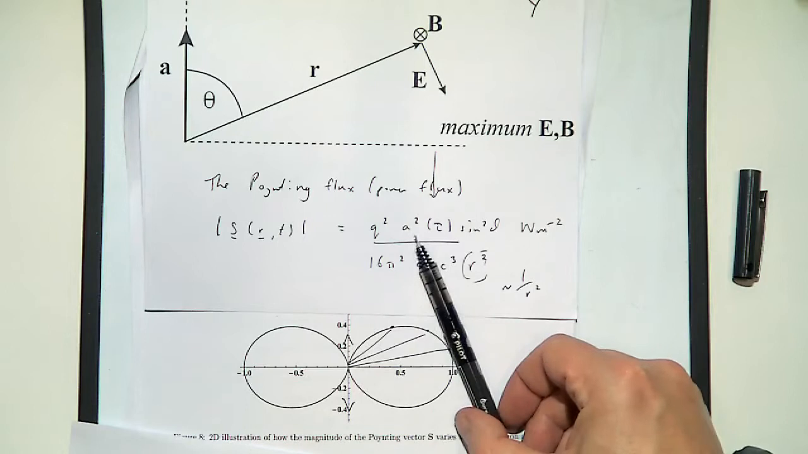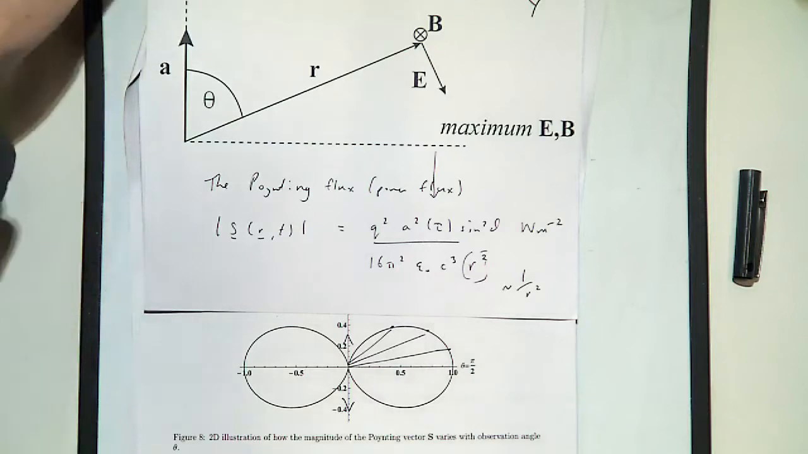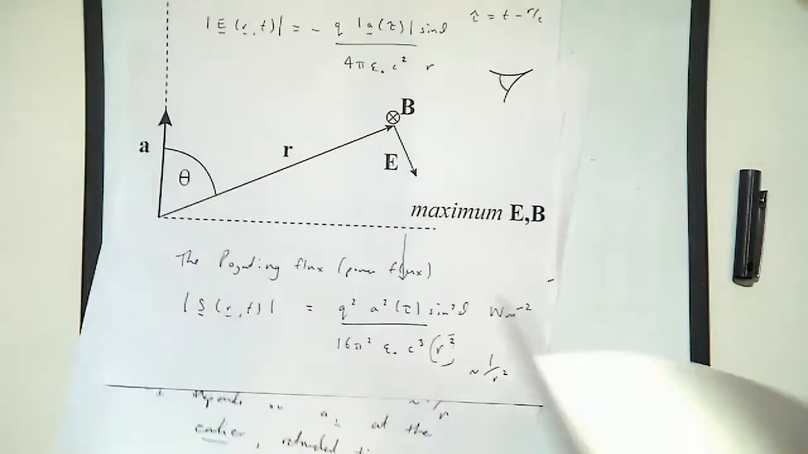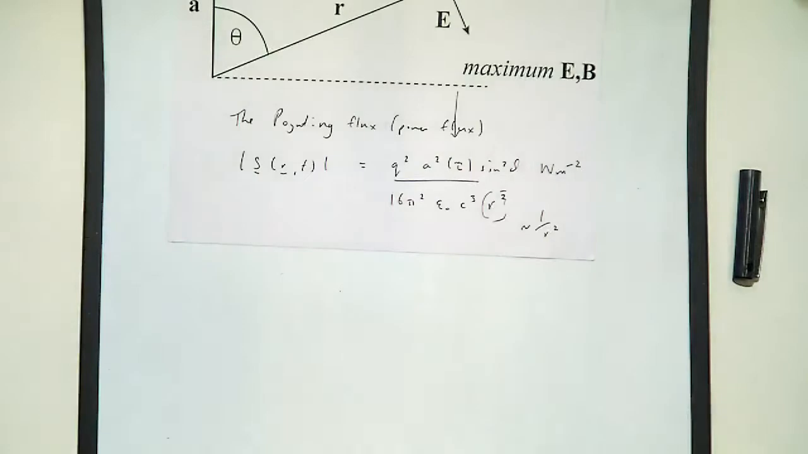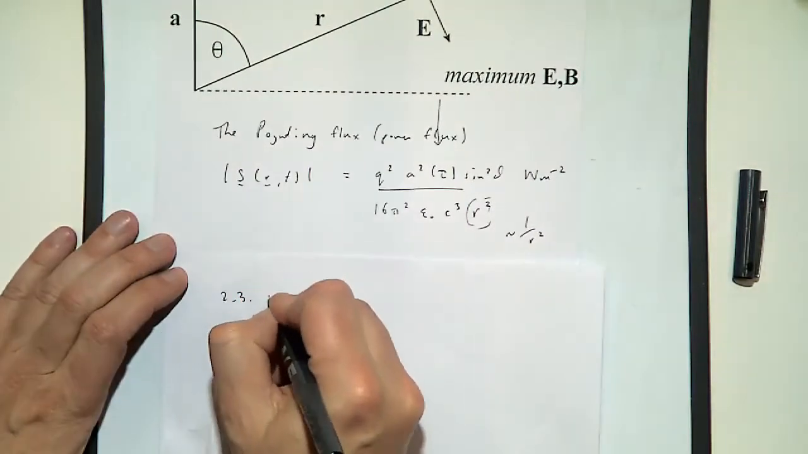And it's also proportional to the acceleration squared. But how much do we get? Well, let's calculate the total flux, or the total radiated power. And this is the most important formula of the course. I'm going to use it again and again. Okay. So the total radiated power